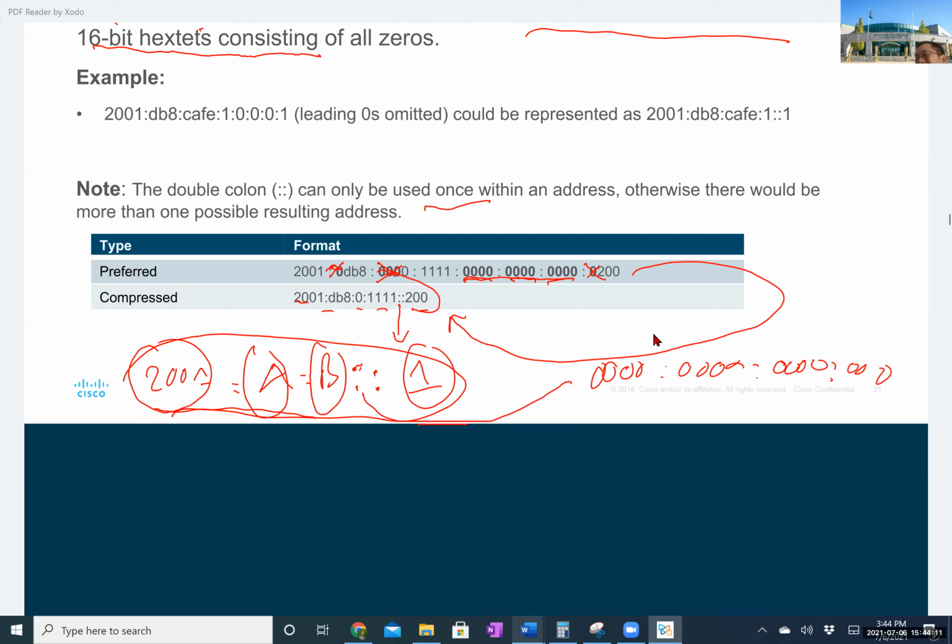All right. So that is the reason you are able to use this for one time only. You cannot use it for more than one, because if you use it more than once, you have no idea how many groups of 0 there are for this one and how many groups of 0 for this one here. This one can be 1 and this one can be 3, or this one can be 2 and 2 here. You have no idea. That's why